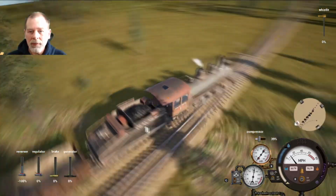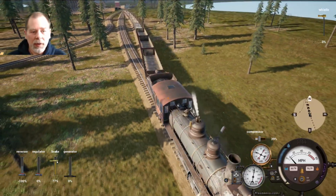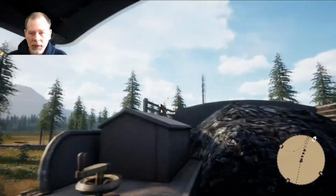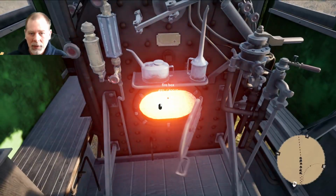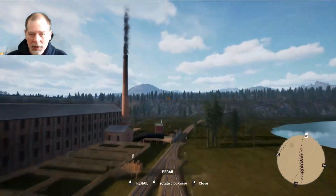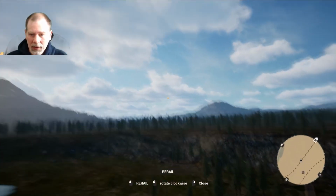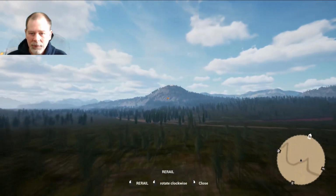See? All right, we got that off the fall. All right, cool. So we've got that. How is our fuel on this? Yeah, you know what? Our fuel is going to run out anyway. Okay, so the next thing we need to do is bring cattle. And the cattle are over here. And that should be a fairly quick...